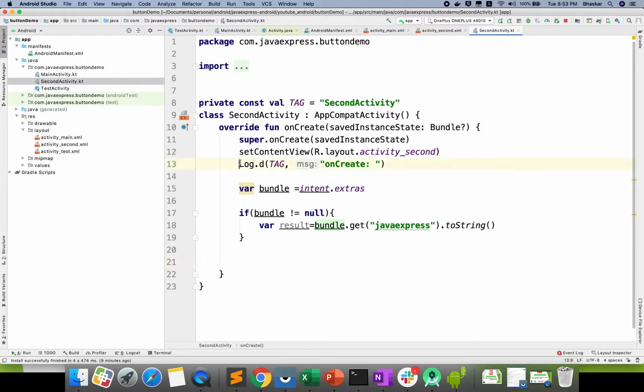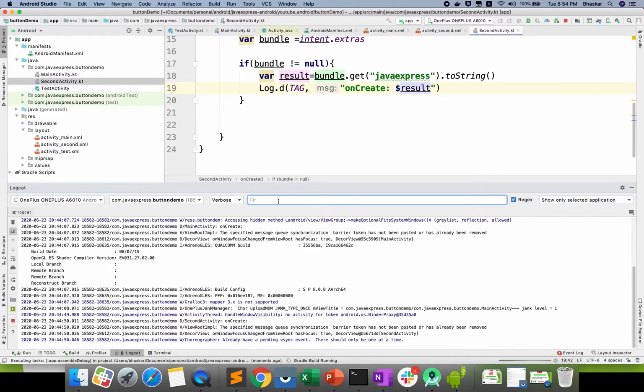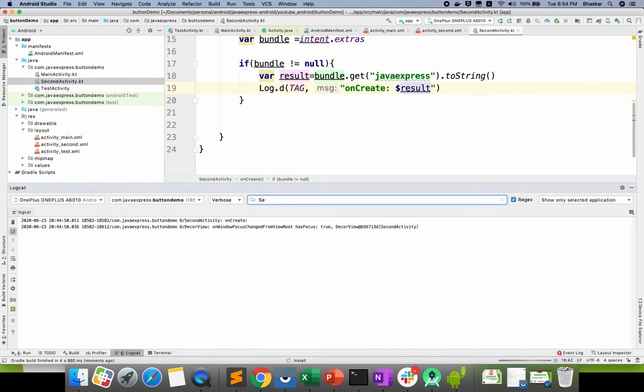If you want to print it in the log statement, just go ahead and print here. I will do the result here. If you want to append or print any data in Kotlin, we would use plus, but here you use a string template. We can use a dollar sign, give the value, and it will print the value. Okay, let me run my application, just save. I will see it in the logs. I will make it the second activity.